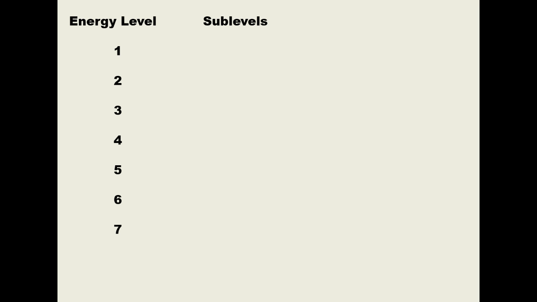So this is what we're going to do. We are going to develop a chart. So in your chill, I want you to make something like this where you have the 7 energy levels, and then we're going to write in the sublevels. Alright, so in the first energy level we have the 1s, and in the second energy level we have the 2s, and we also have the 2p. In the third energy level we have the 3s, the 3p,